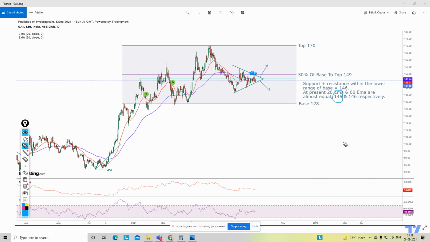145 is your 20 EMA, 146 is your 60 EMA, 149 is the 50% of the bullish sideways zone, and it has created a symmetrical triangle pattern. And the 20 EMA and 60 EMA are exactly in between, which is the 50% of the symmetrical triangle pattern, correct? And as of now, if you see the pattern and the closing,